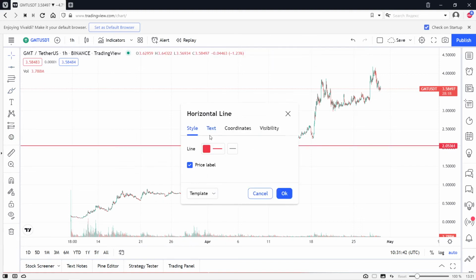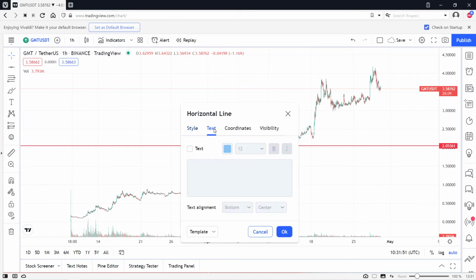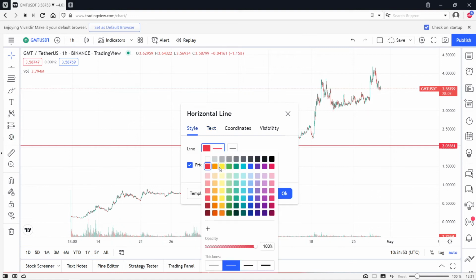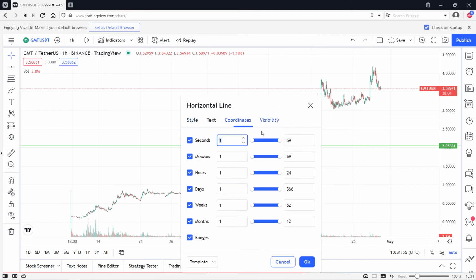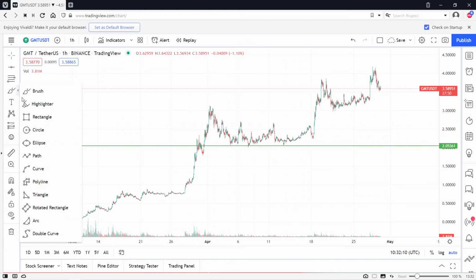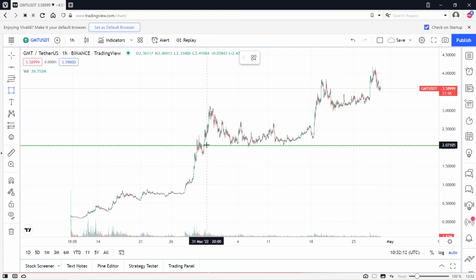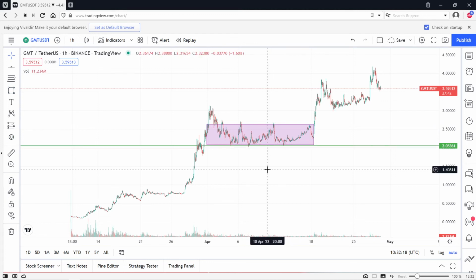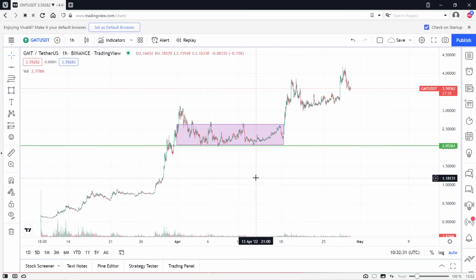This is how we can change lines and colors. We can add text, we can change the colors here. If we want to point out the zone, we can do it in such a way. Very convenient. Now, as I promised, I will show you how to place 4 instruments here using the free version of